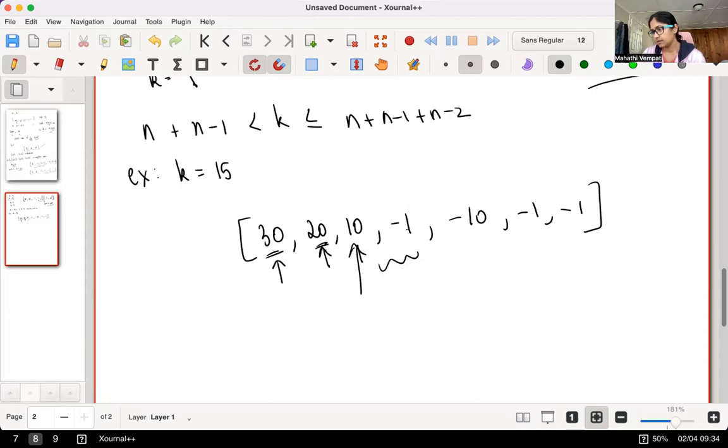And I sum this up, I get -9. Then I do a -1 and I place it here. And the rest of the array is all -1s. For instance, now if we wanted all subarrays to be positive,